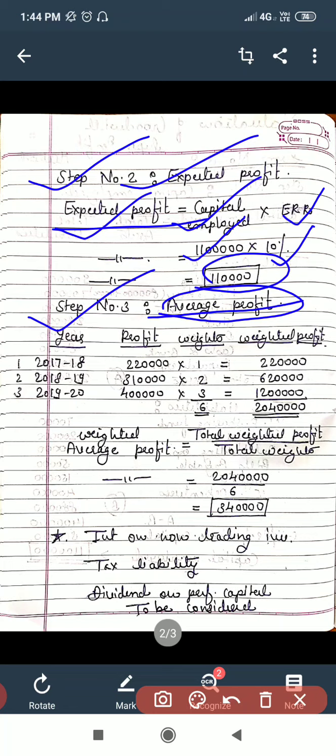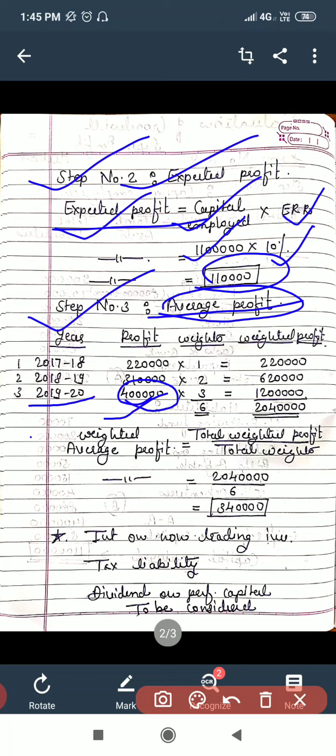On the liability side, you have been provided with the provision for taxation at the rate of 50%, that is rupees 2 lakhs. If the provision for taxation for our current year, that is 31st March 2020, is rupees 2 lakhs, then the profit would obviously be double of rupees 2 lakhs. That is why for the year 2019-20 our profit will become rupees 4 lakhs.